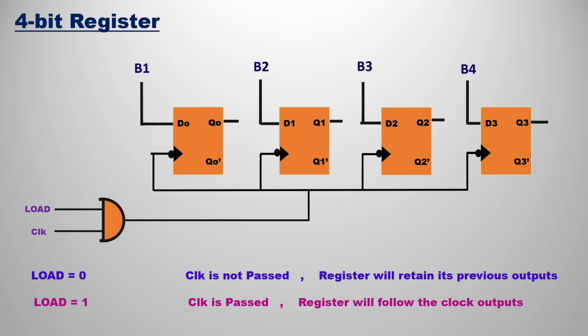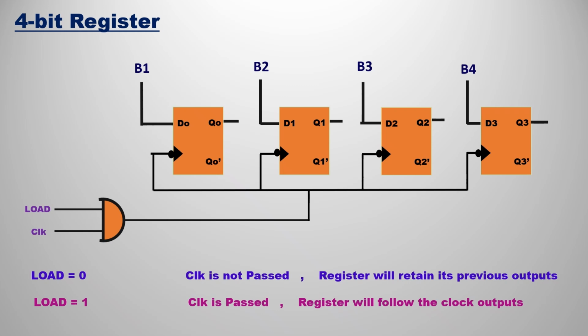Now we will understand the logic behind why we modified the circuit. Suppose load is equal to 0 and the clock is high. Then the output will not be produced from the AND gate, so the clock would not be passed. The register will retain its previous state, so whatever the outputs of the 4-bit register are, the same outputs will be present in the next state also. If load is equal to 1 and the clock is high,